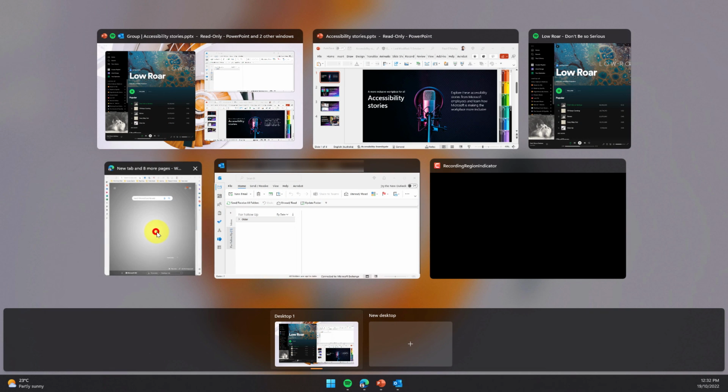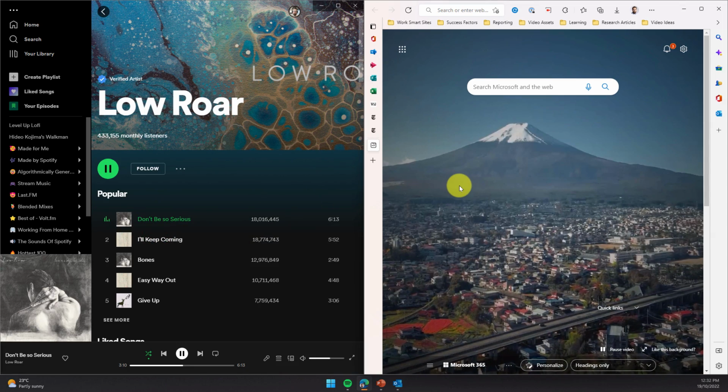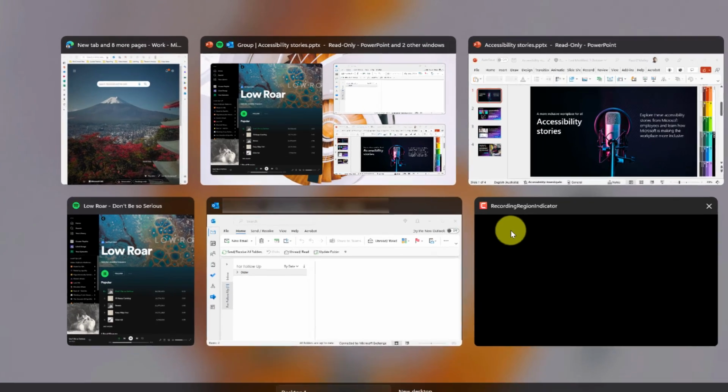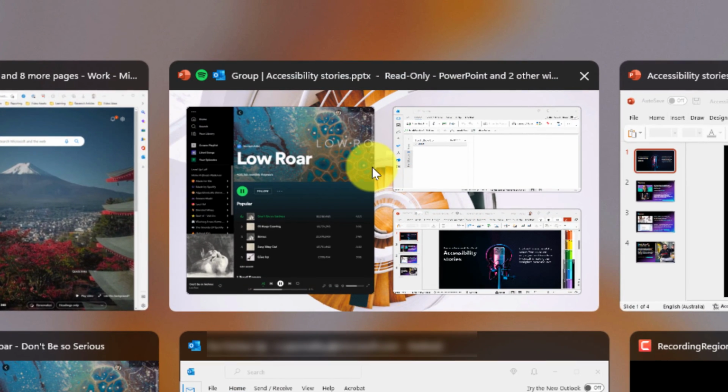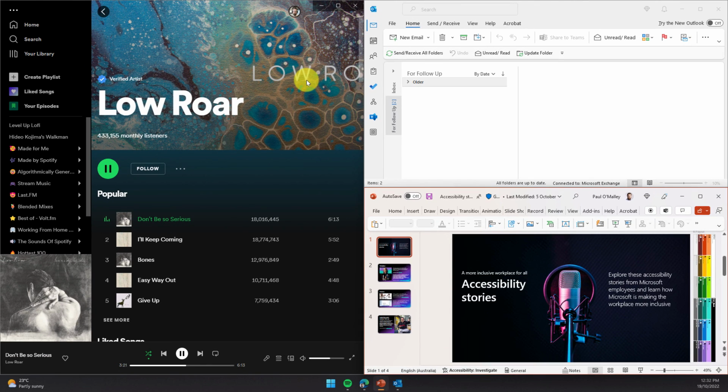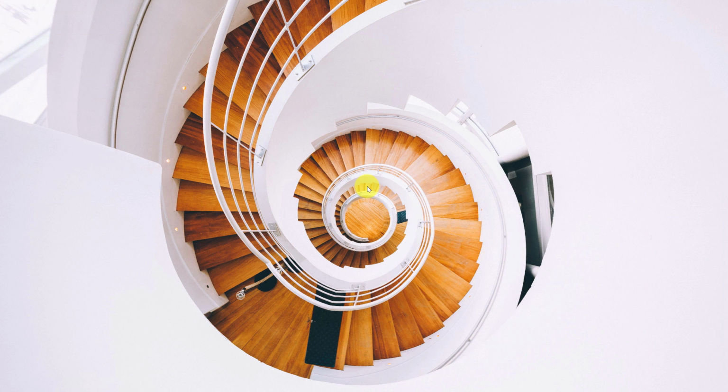Now, if I was to jump back to one of my other applications, like in this case, Microsoft Edge, I can then quickly use my multitasking options yet again, and I have a dedicated group for those 3 applications all tied together, ready and easy to go back to. And that is the brand new Snap Layouts features of Windows 11 22H2.